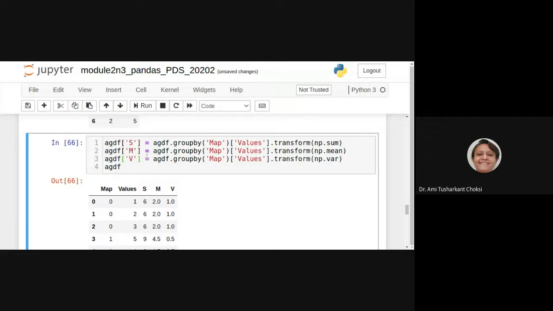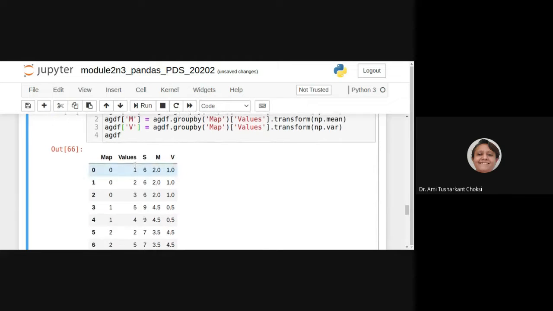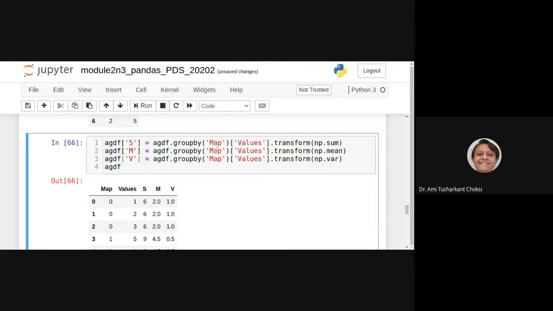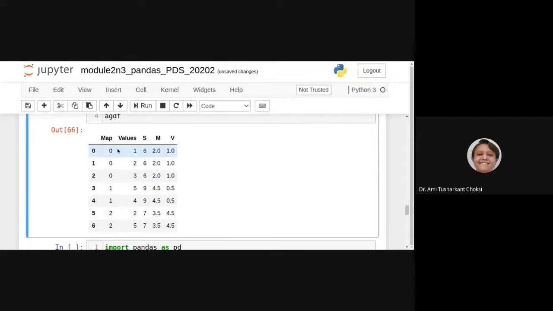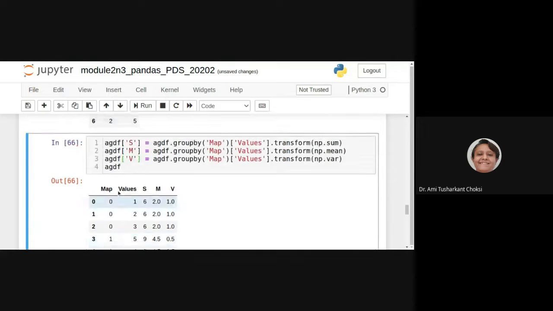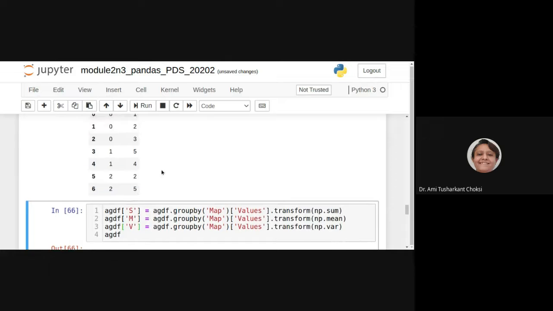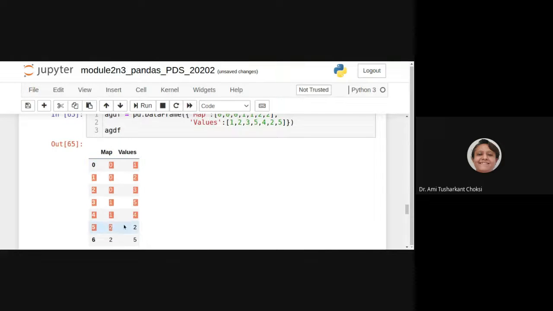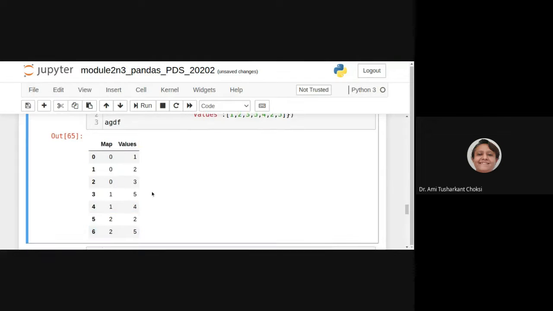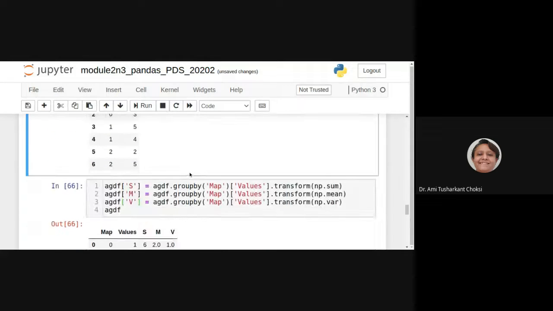So what are we getting for that? We are having the group by map, that is 0, 1 and 2, right? This map value is there, isn't it? Map and values, these two are the columns available to us.